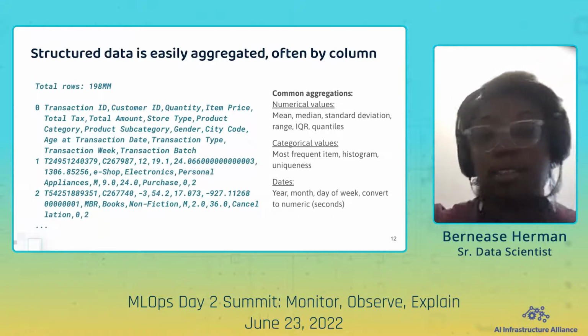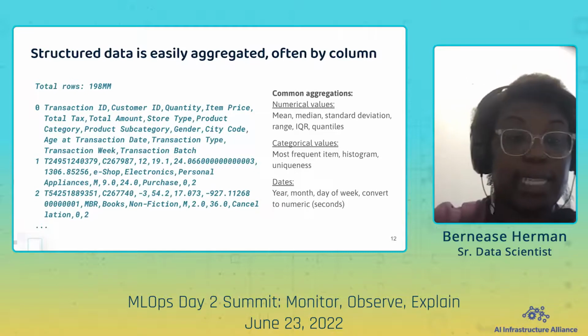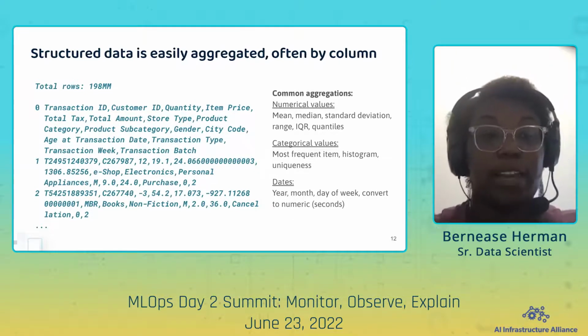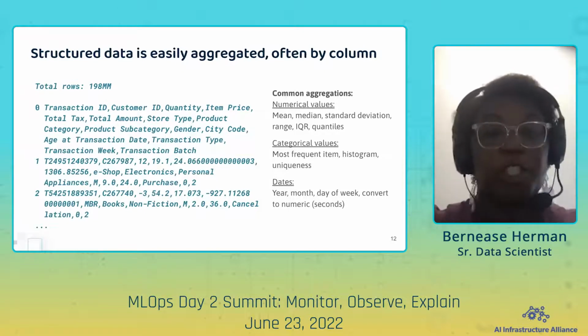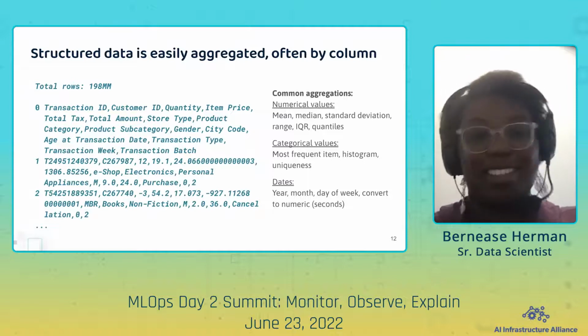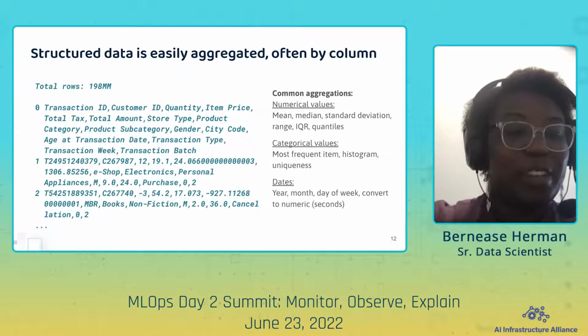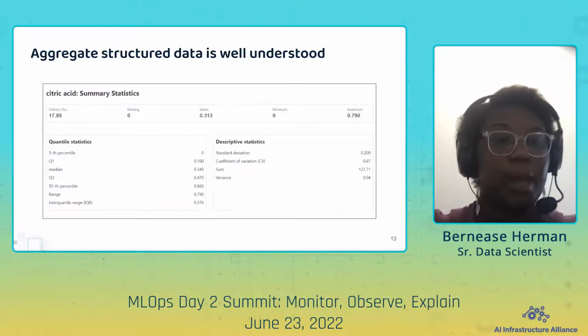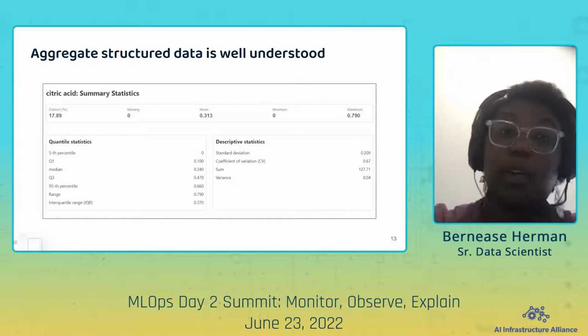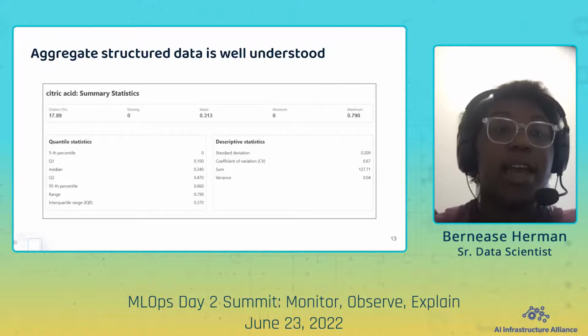And then there are other types, so things like dates, you may collect by grouping by year or month or day of week, or you may convert to some other data type like numerical values using seconds since 1970. It's a very common one. Okay. And I think the key thing to think about when we're comparing structured data to unstructured data is that